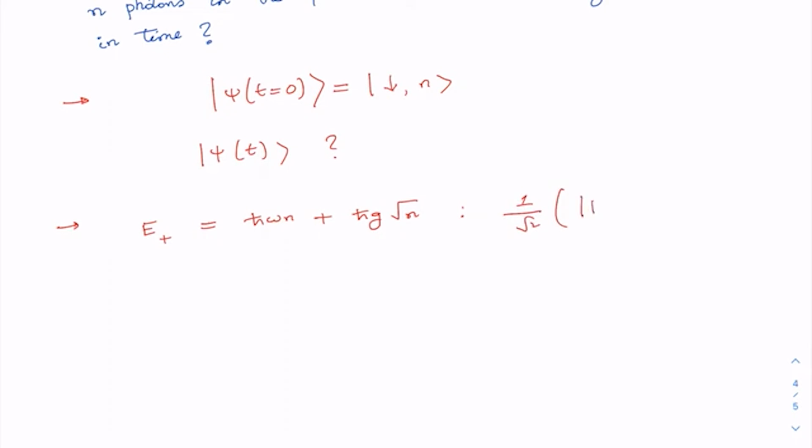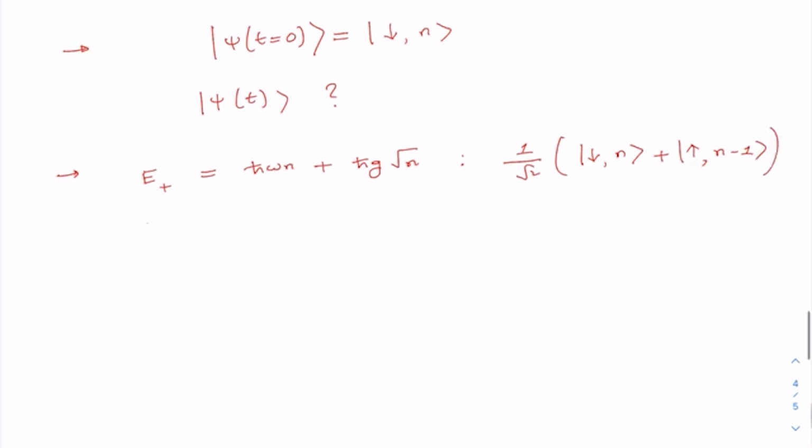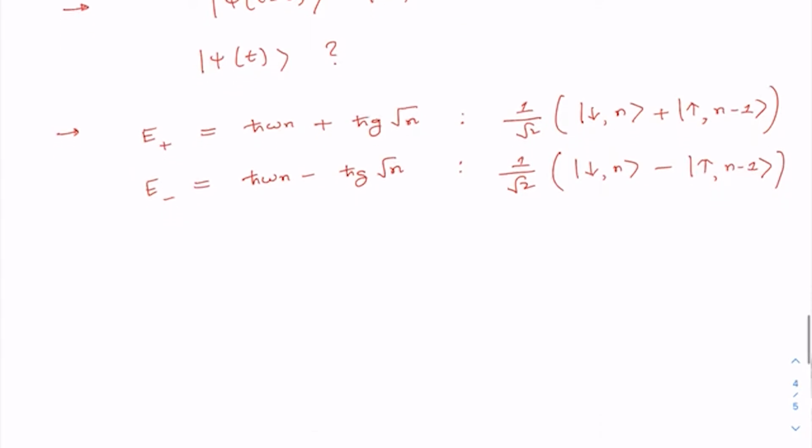It's a symmetric superposition of the state where the atom is in the ground state and there are n number of photons in the field mode, or the atom is in the excited state and one less photon in the field mode. On the other hand, E minus corresponds to ħω n minus ħz√n, and the corresponding state is simply the antisymmetric superposition of these two states, which we already discussed. We can use this information